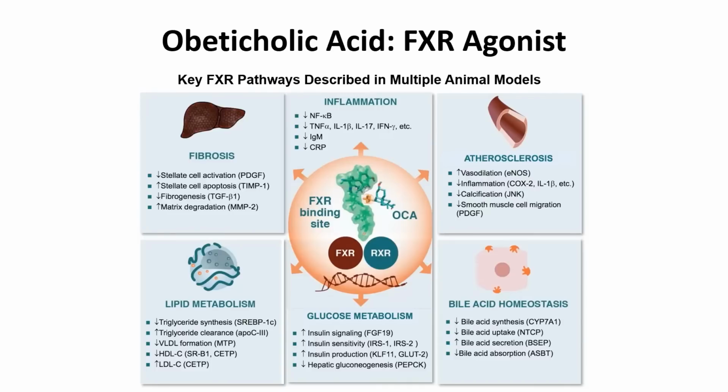So the first drug in phase 3, and this is sitting with the FDA now, with the PDUFA date potential approval June 22nd of 2023, is obeticholic acid. This is a synthetic bile acid. It's a modified chenodeoxycholic acid, and it signals through a nuclear receptor called the farnesoid X receptor, FXR, which actually regulates the genes involved in bile acid synthesis, but also it has pleiotropic effects within the liver and outside the liver, including effects on liver inflammation and fibrosis, and effects on lipid metabolism.